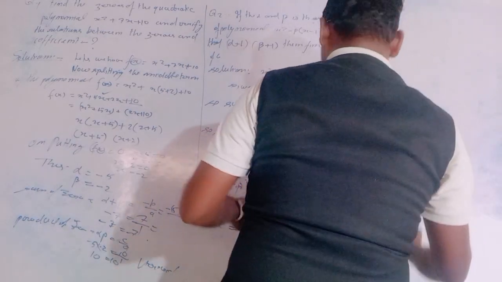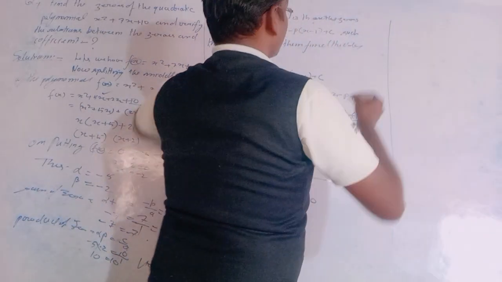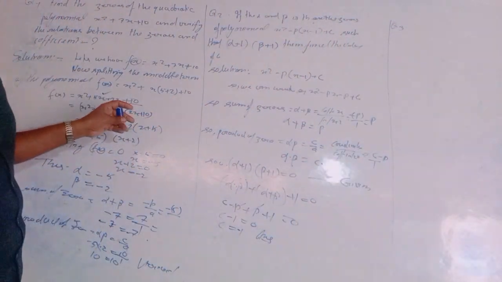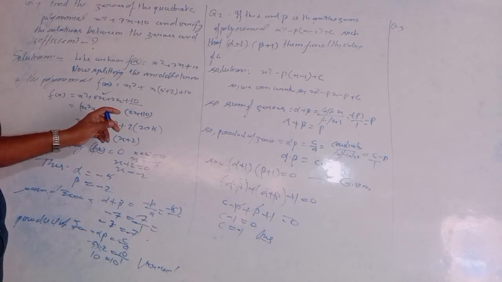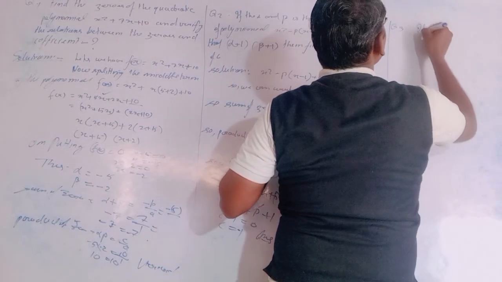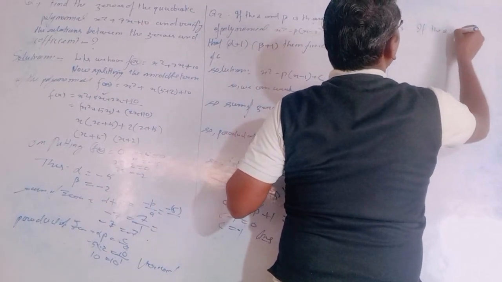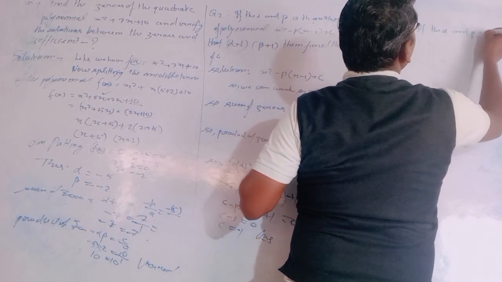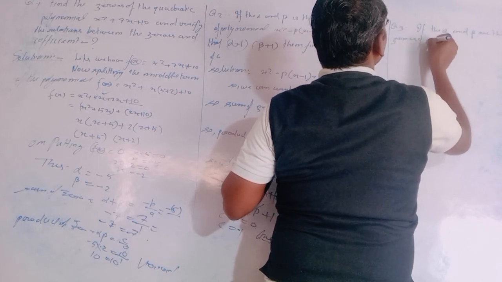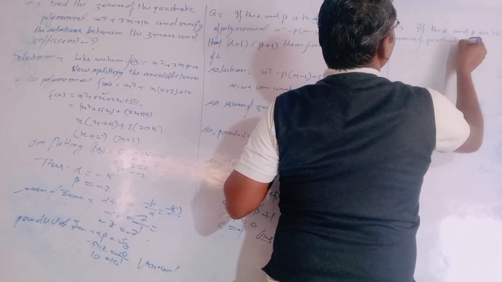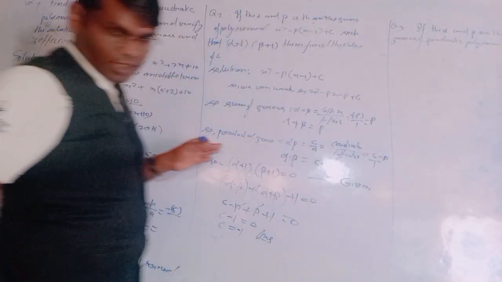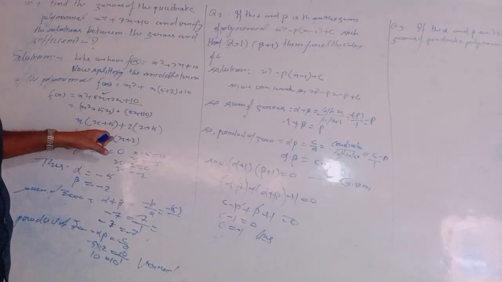And the third question, suppose that we are taking another type of question. Example 3. We will try to solve the third question. If alpha and beta are the zeros of the quadratic polynomial,